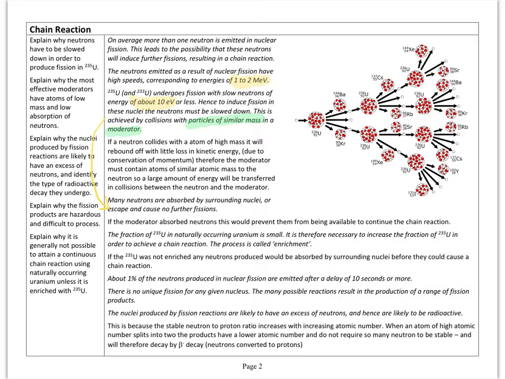So, if you want to go and make a nuclear bomb, the first thing you need is a moderator. But that's not the only thing that you need. This diagram talks about uranium-236, which will undergo induced fission, but it's not that common. The more common naturally occurring form of isotope is uranium-235 that undergoes fission, but uranium-235 in itself is also not as common as the most common isotope of uranium, which is